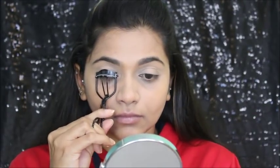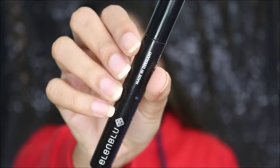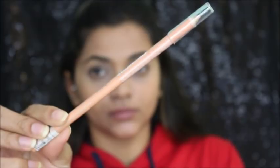Then next I'm going to curl my lashes, and I'm using this mascara. So I'll be applying it on my bottom and top lashes. Then for my kajal, I'm using this nude pencil. If you want, you can use a black kajal also, but I like nude pencil, so I went ahead with